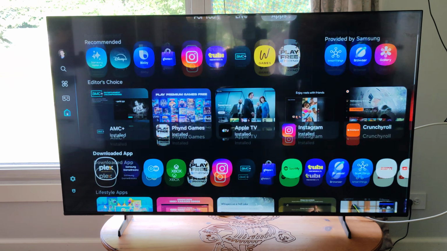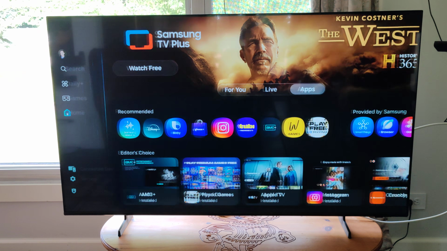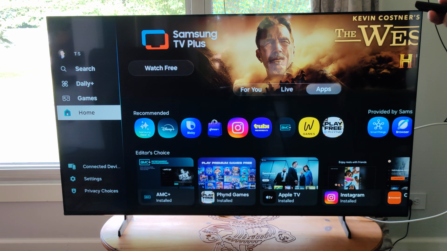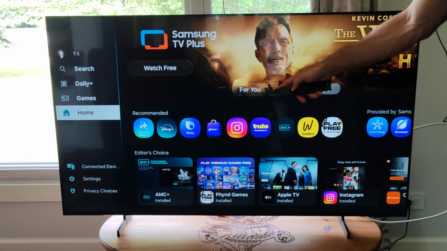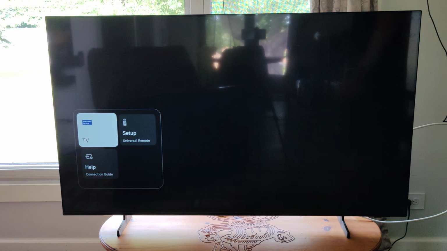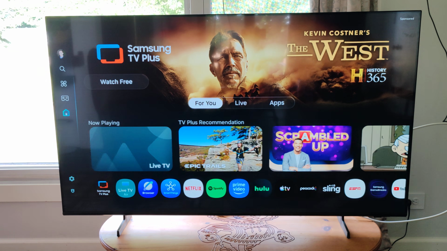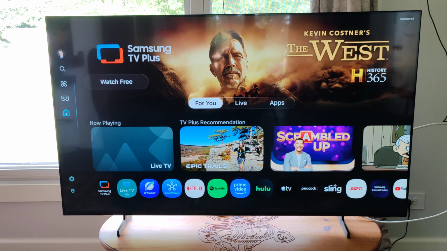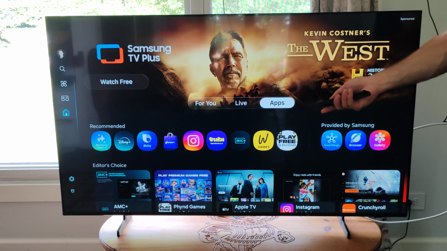Today in this video, I'm going to show you how to install apps on your Samsung TV. So if we go to the left and we go on down to home, we can see this section where we have For You, Live, or Apps. That is the section you want to go to actually get your applications installed, and you can find them under here. So let's just go up to the top, go past Live and go to Apps right here and go